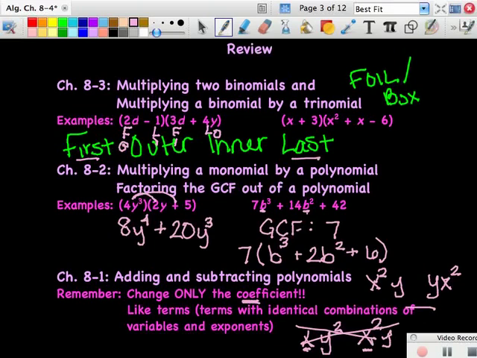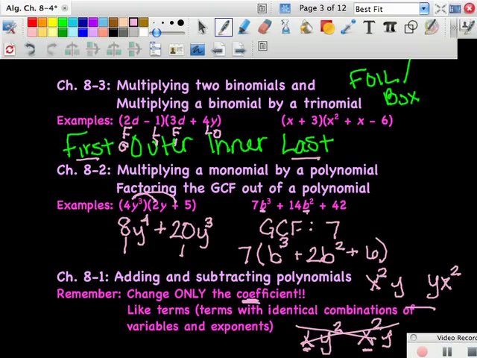Change only the coefficient. Remember, the coefficient is the number in front of the variable. So 8 would be the coefficient. 20 would be the coefficient. But y to the fourth is not like with y to the third, so you cannot add them. All right. Moving forward